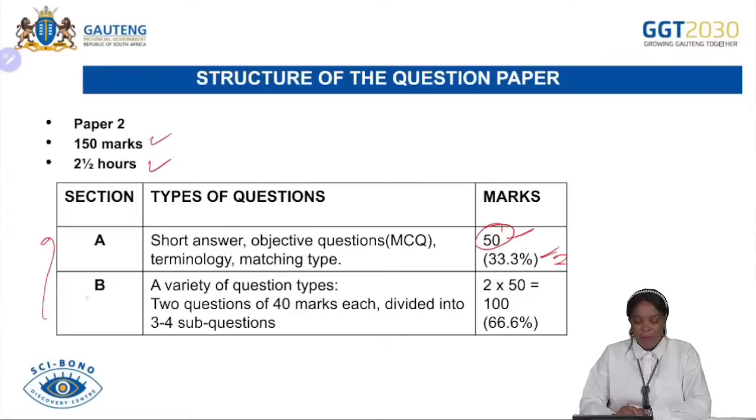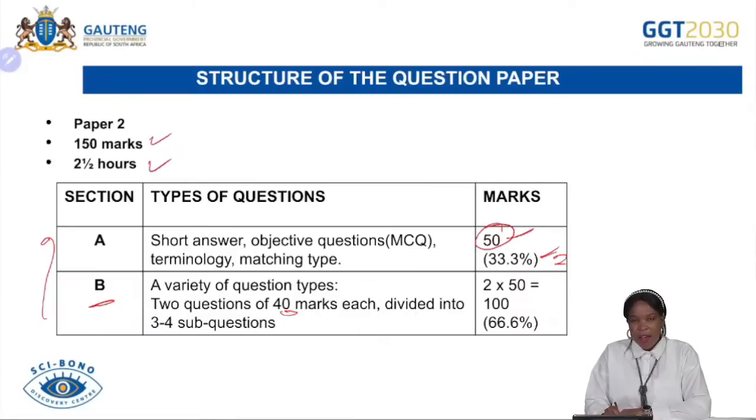Then section B, this is now a question that has a variety of question types. It has 2 questions of 40, so it amounts to 80. That 80 will be added to the 50, then it gives you that 150. But now